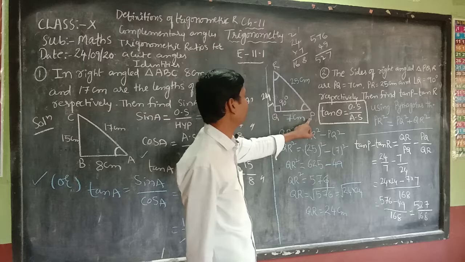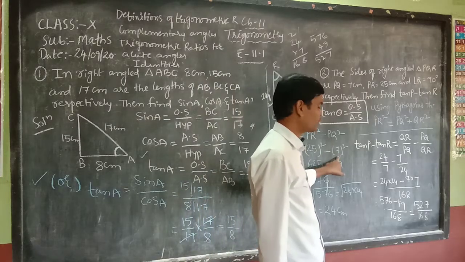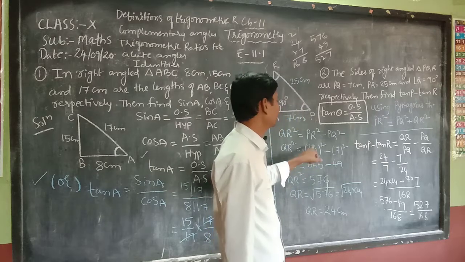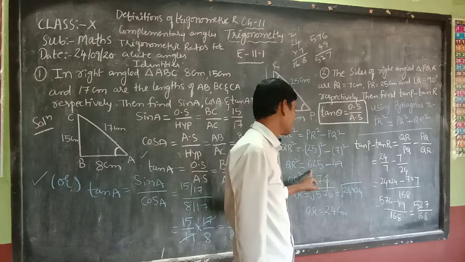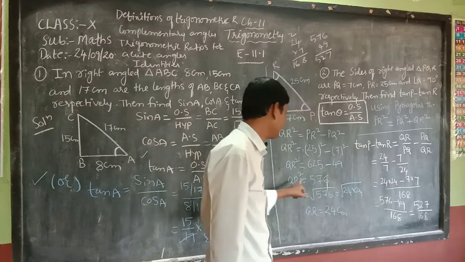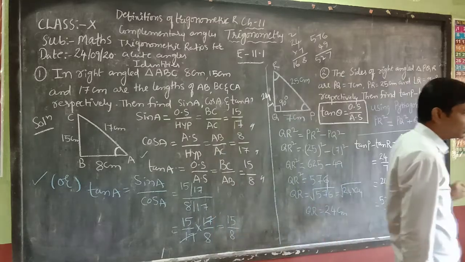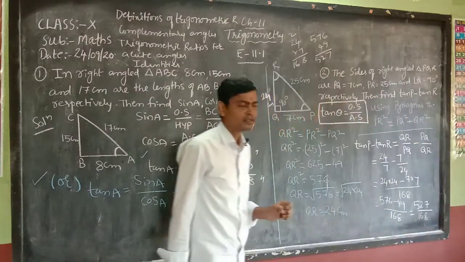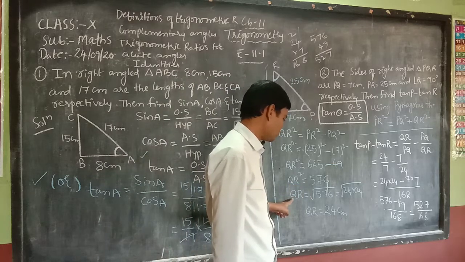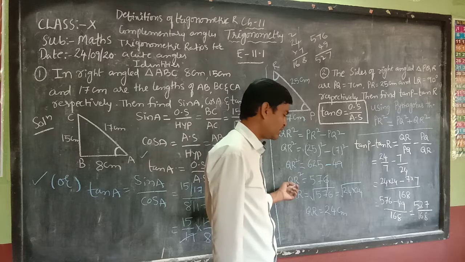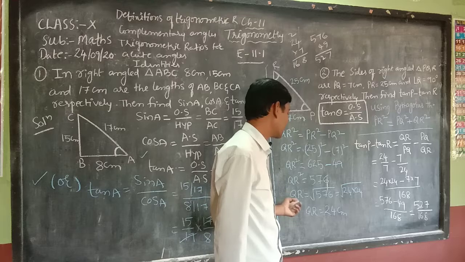So QR square is what? What is the value of PR? 25 square minus PQ is 7 square. So QR square is what? 25 square is 625. 7 square is 49. So 625 minus 49. So QR square is equal to 625 minus 49, which is how much? 576. So we get 576. Here it is a square. If we take it towards the right hand side, it will be square root. So QR is equal to under root of